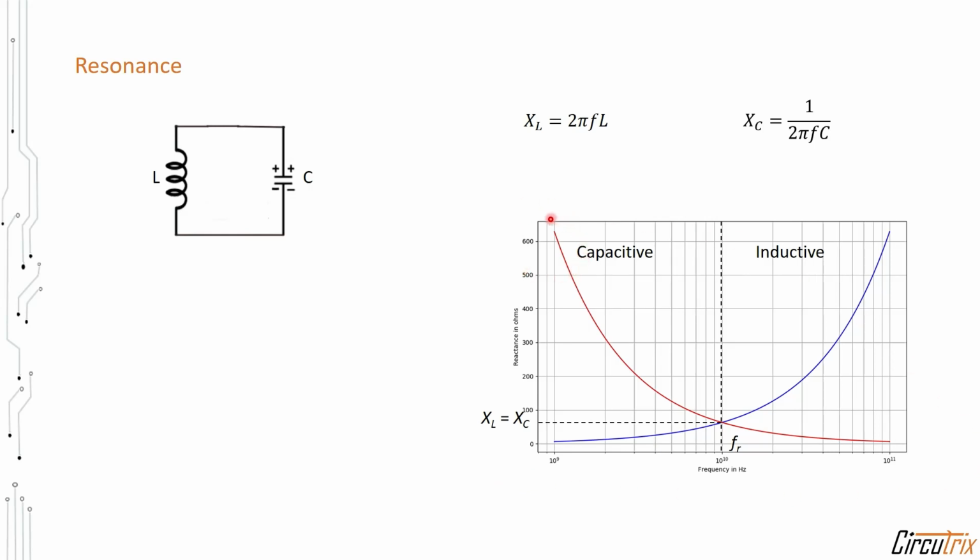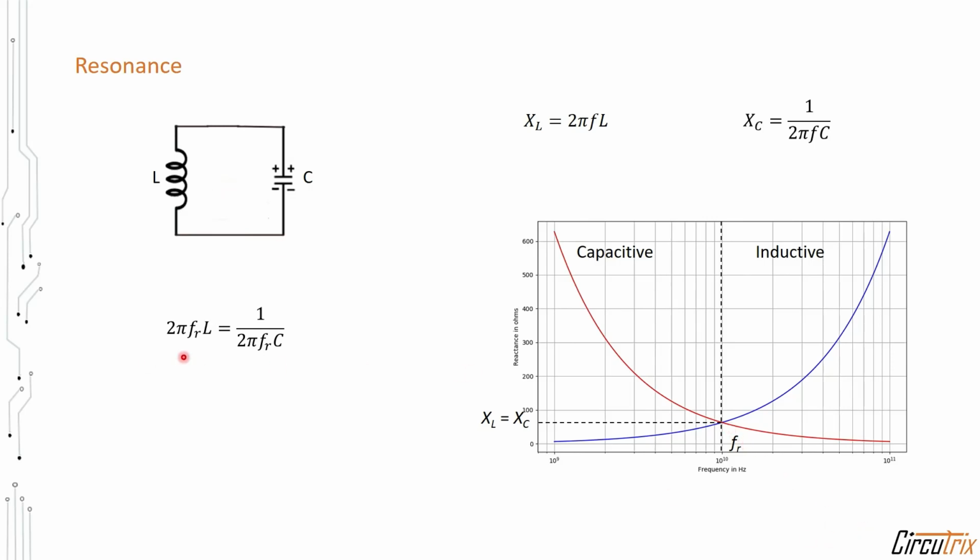to zero frequency, the capacitor is an open circuit, and at very high frequency, the capacitor acts as a short circuit. Conversely, the inductor acts as an open circuit at very high frequencies, but it is a short circuit at DC. So there is a frequency which we call FR, or resonant frequency, where the impedance from the coil and the capacitor matches with each other. So here both voltage and current will be in phase, and the circuit at this point is called